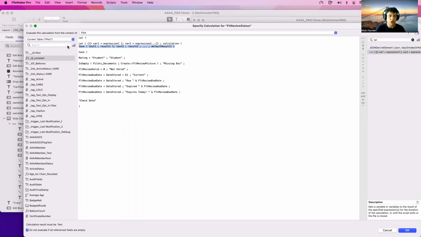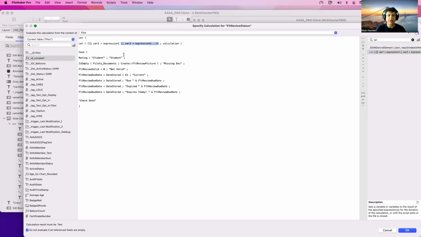So on the let statements, the brackets here, including the curly brackets, are optional,